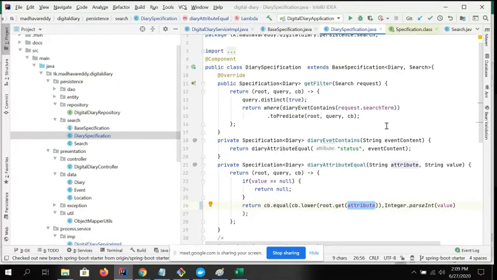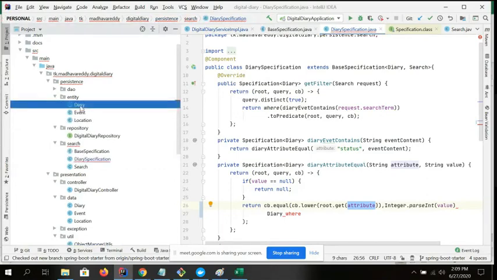Suppose, for example, it will be like this: diary where, with whichever attribute you are dynamically maintaining. If you pass the attribute with root dot get for the attribute, in this entity we can have a number of attributes.